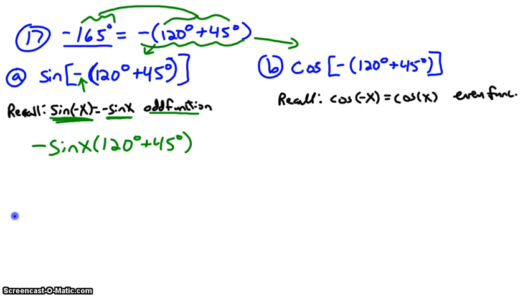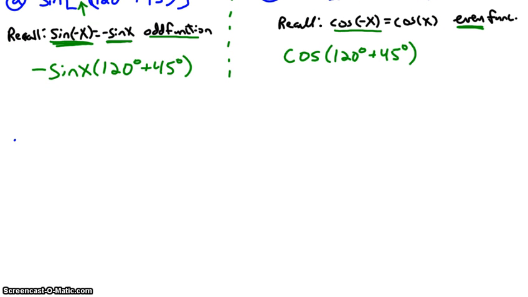Likewise, if I look over here at my cosine, I will recall that cosine is an even function, which allows me to get a positive value. So this negative here isn't going to affect it, so I could rewrite it as cosine of 120 degrees plus 45 degrees. I can do that because it is an even function. So I'll simply solve these two problems